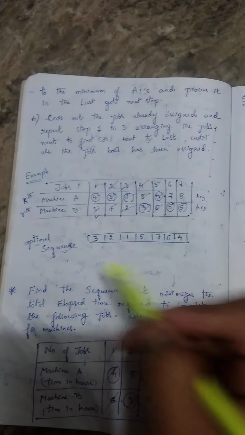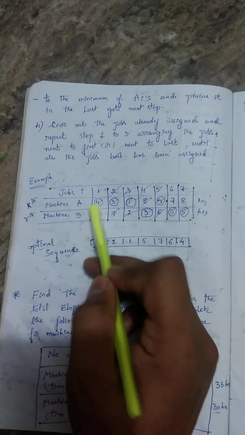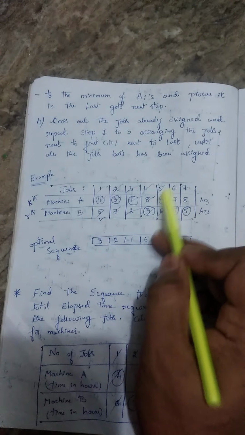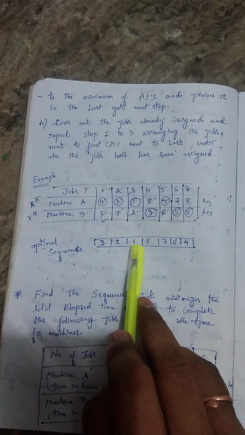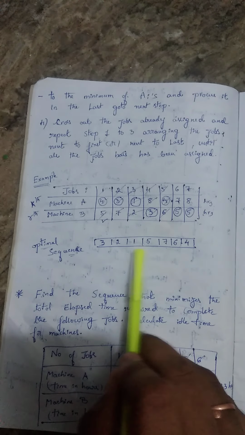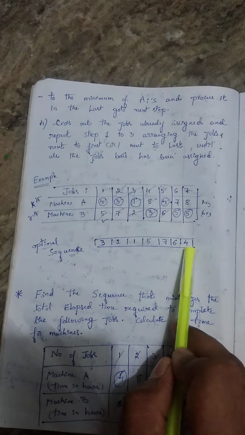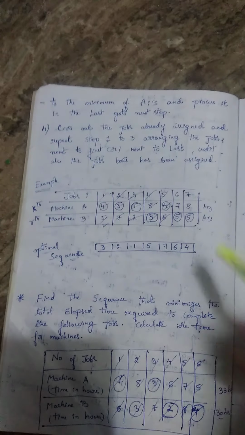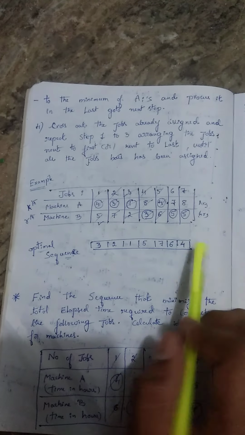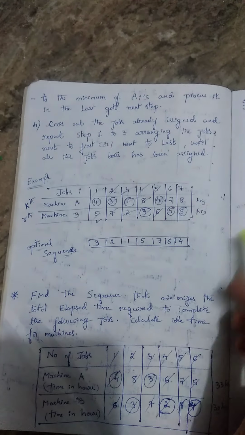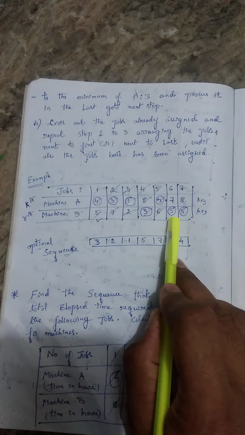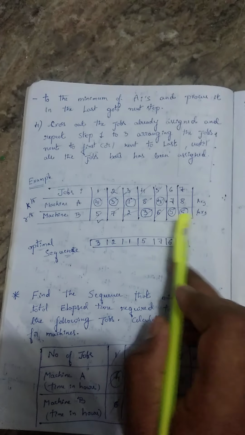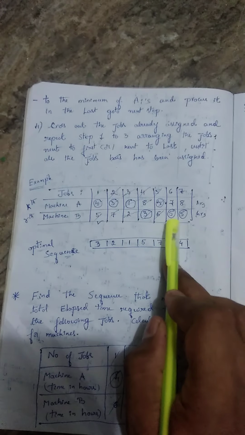Next, we are crossing the jobs. The first job we are crossing and the fifth job also. Therefore, how many jobs have we assigned? 3, 2, 1, then 5, 4. These 2 are left over: the 6th and 7th job. After assigning, we are crossing them. In 6 and 7, we have machine B working hours 5 and 5. The same case is repeating for the B values.